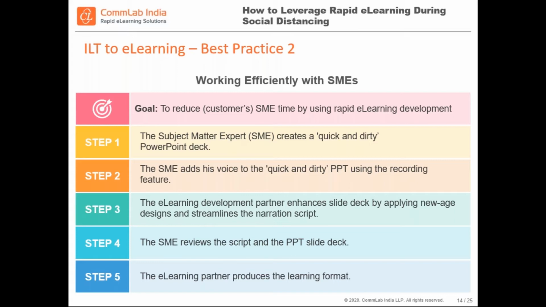We try to understand what the SME is trying to say, what the learning objectives are, and we really reuse a lot of that content. We reword it, we put it in the right presentation pattern to make it good for self-paced learning. And then they just end up reviewing just once, and the deliverable is good to go. So we've sort of cut down the development time for e-learning, I think, to a week or 2 weeks just by doing this process. Again, this is more useful for e-learning that is less than 20 minutes. Once we start going into 30-minute territory, I think this system may need to be looked at, and you may have to add 1 or 2 more review steps in between here.